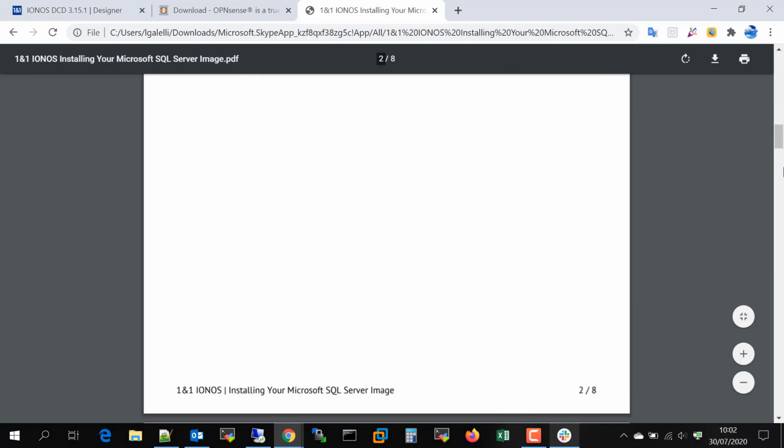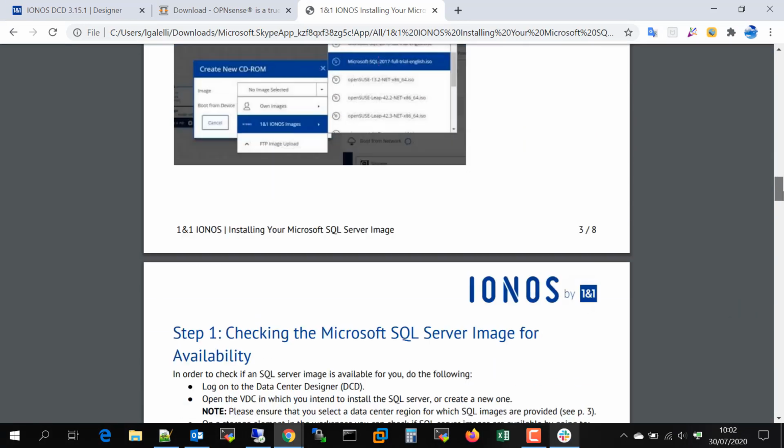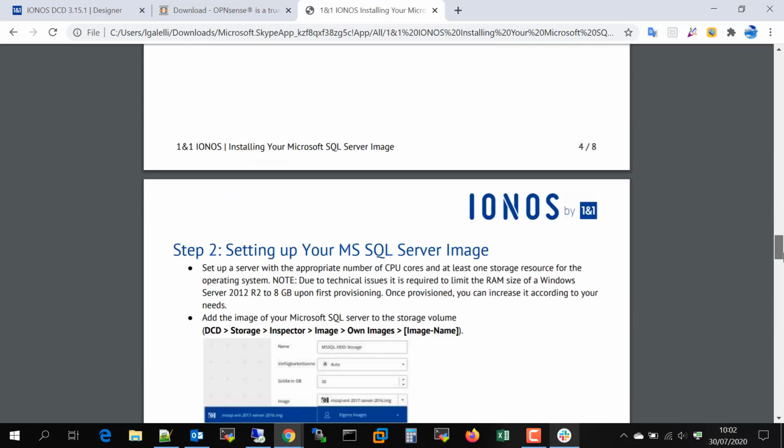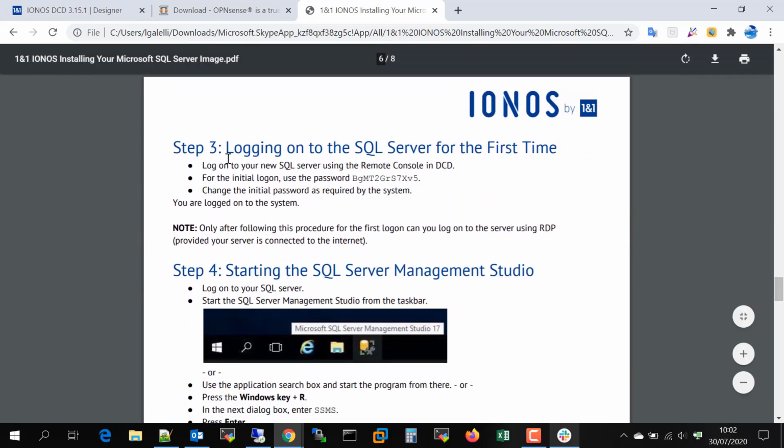In this document, a little further down, it talks about how you create the virtual machine, which is what we've done. And then towards the end of this document, it talks about logging into SQL Server for the first time. So there is a default password which has been set,